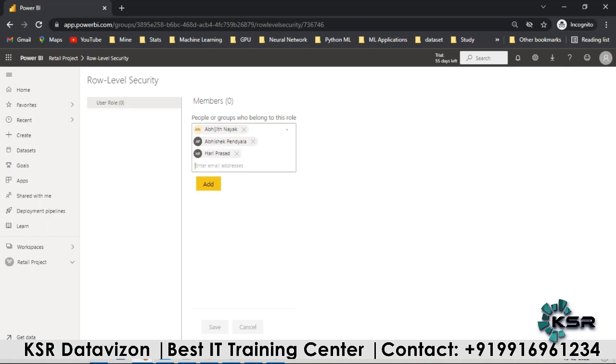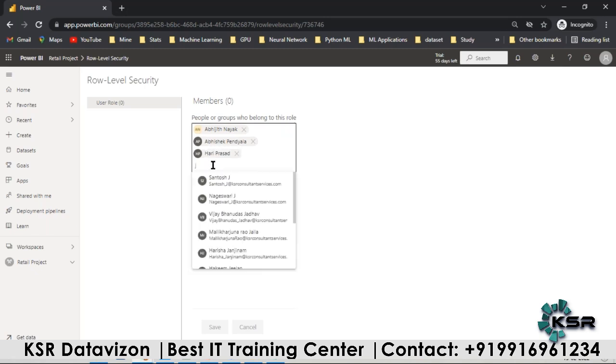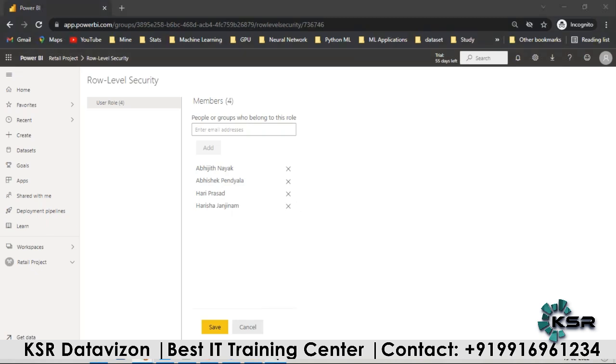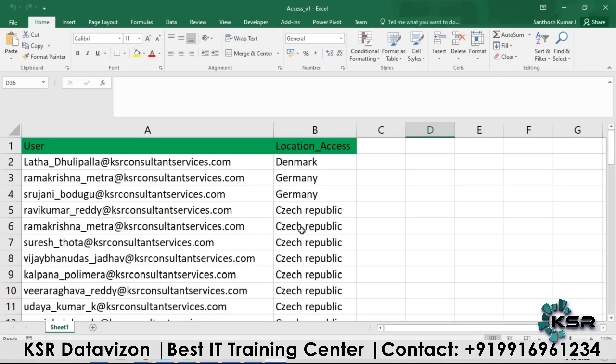Start adding their ID. So make sure these people already have access. Now if I give four people access, based on the location that has been mentioned in this entitlement data, that location they'll be able to access. But remember, this is a very key point. Whenever RLS has to work, all the users who are going to see the report have to be given only